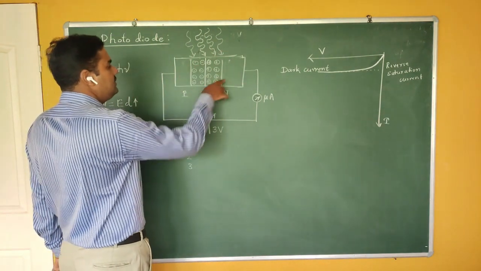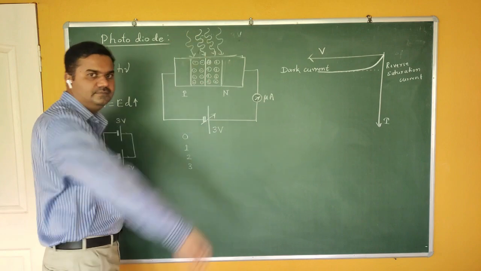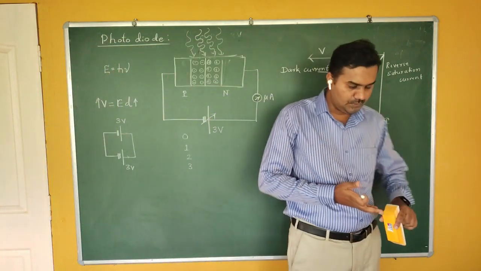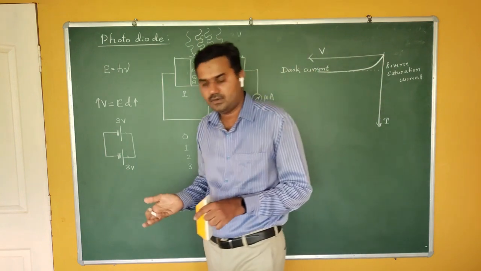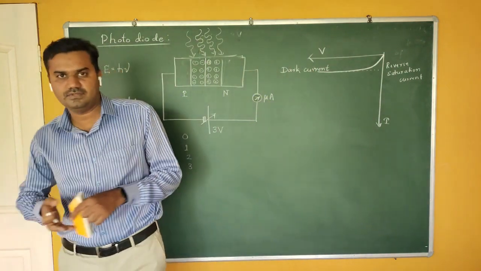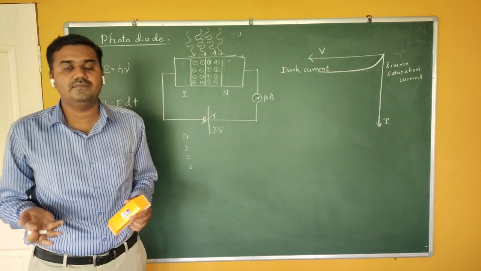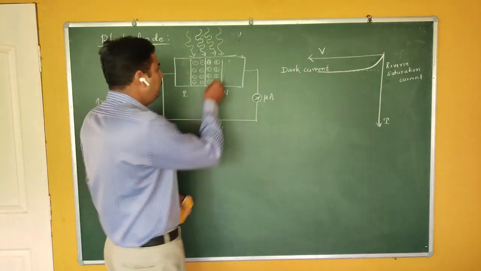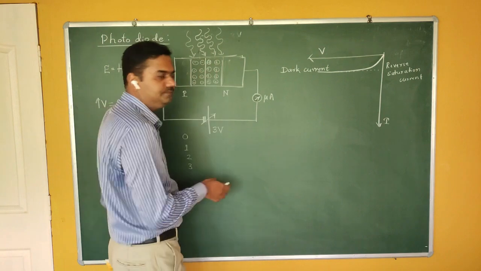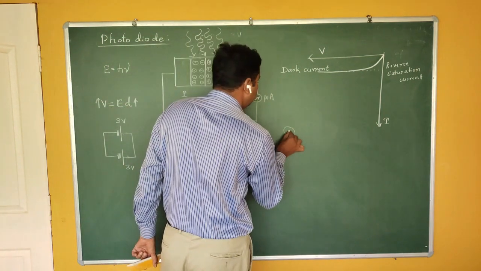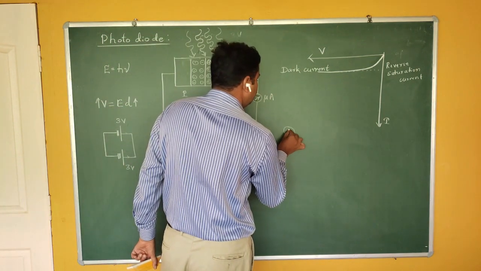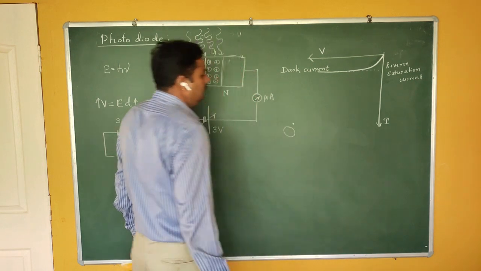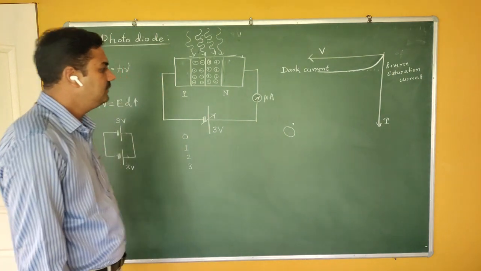You can see that there are a large number of atoms here. For the sake of discussion, we have taken only those atoms which lose electrons or which gain electrons. But other than that, you have a large number of electrons which are involved in the covalent bonds also. Okay, if you take some particular atom here, this is an atom which still has one extra electron.